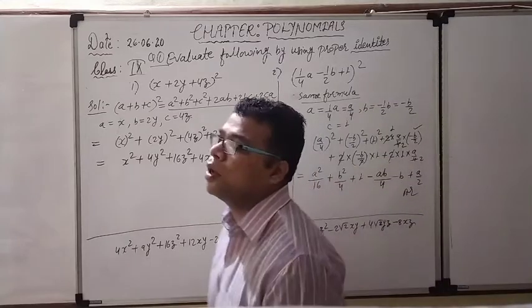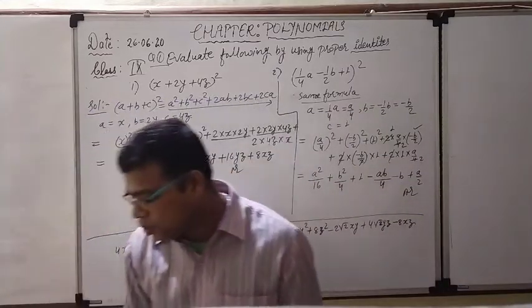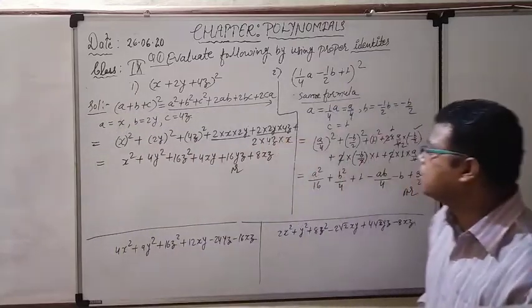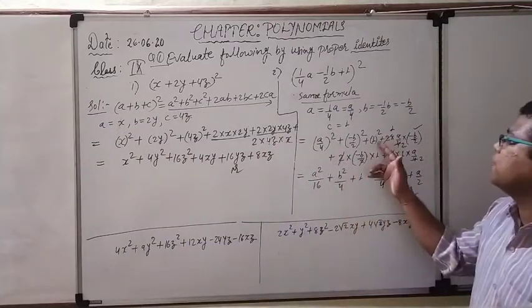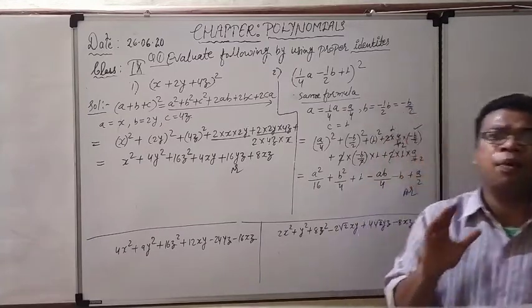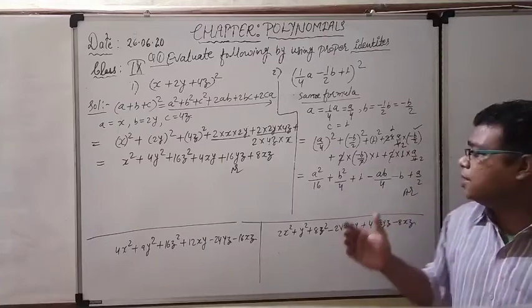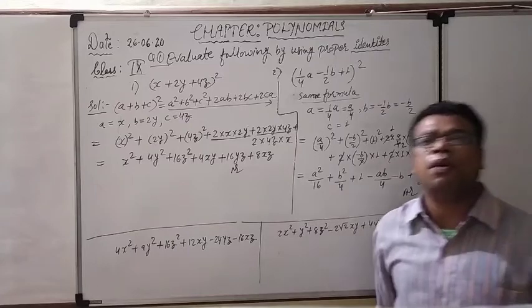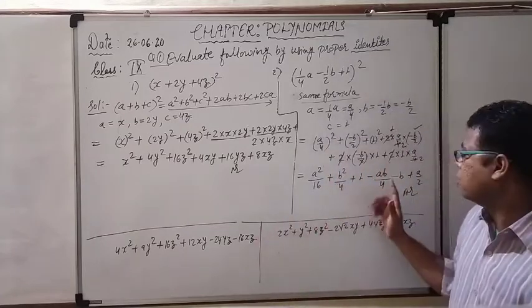Again you can check if you are going to be confused. So nothing is special. Whatever is given to us, we have to solve. Again see the same thing. A square plus B square plus C square, 2AB plus 2BC plus 2CA, same thing I have done. If the possibilities are there to cancel, we can cancel it also. Be very much careful for the negative sign. That is the only trick here. So this is your answer.